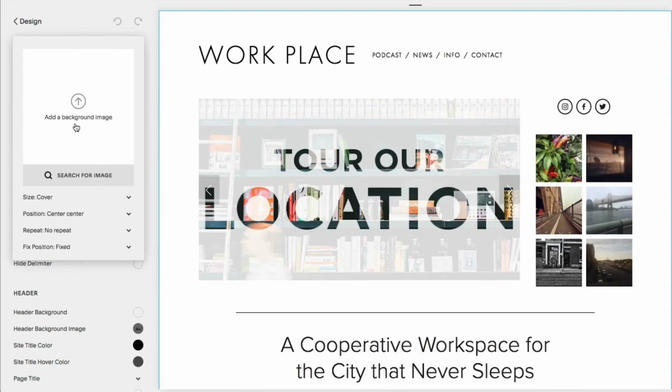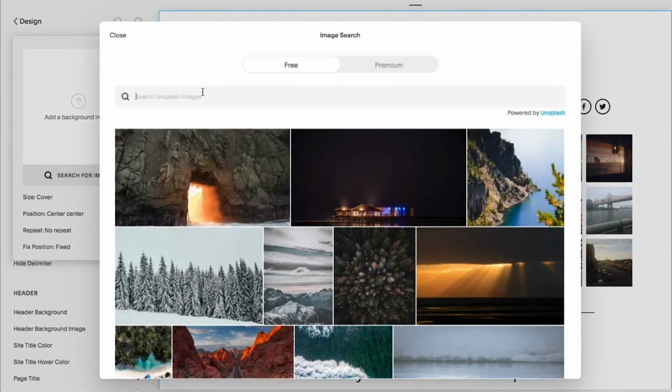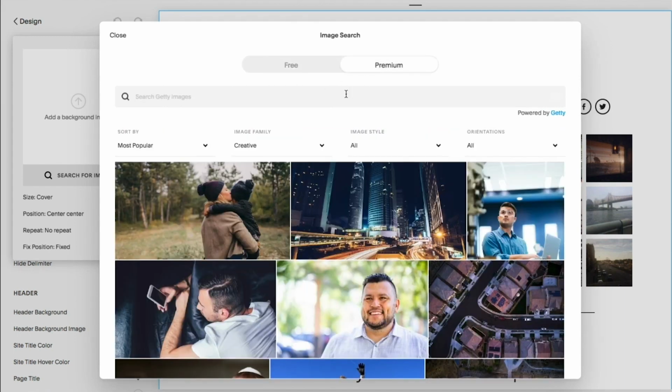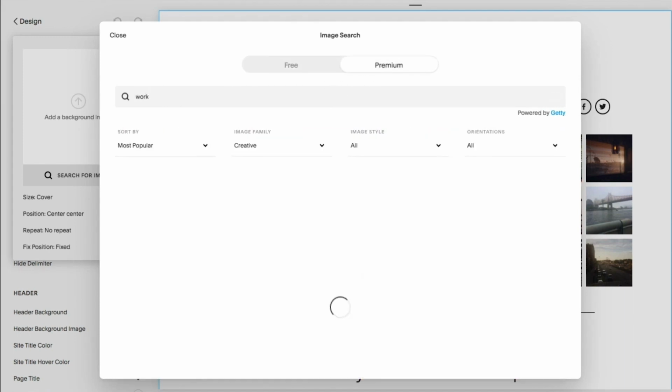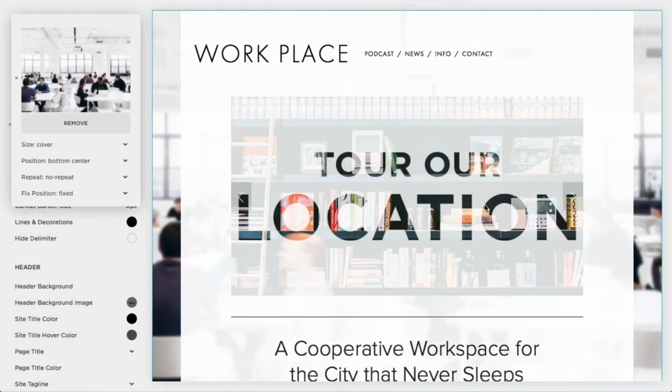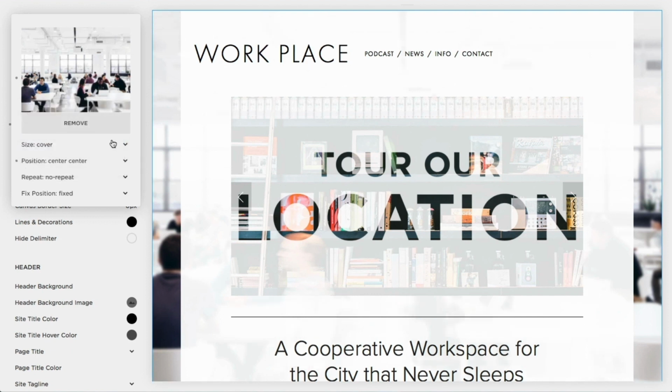If you don't have many images of your own, or want some new ones, you can click the Search Images button to find free stock images through Unsplash, or click on the Premium button to view pictures that can be purchased through Getty Images. After adding the background image, use the styling options to fix any cropping or distortion you might see. We can set the position of the banner image